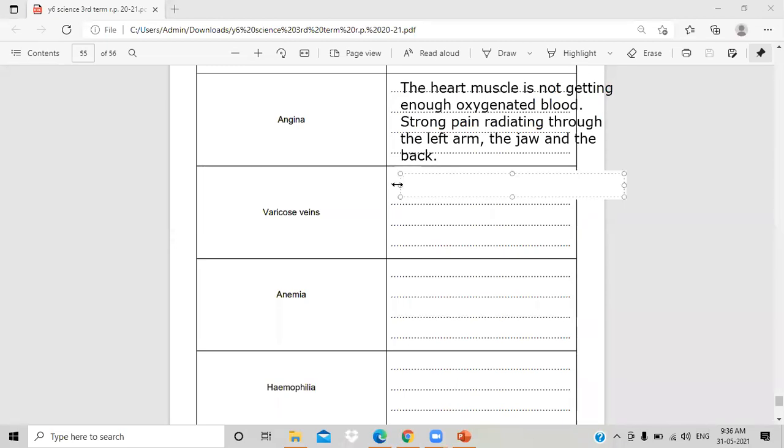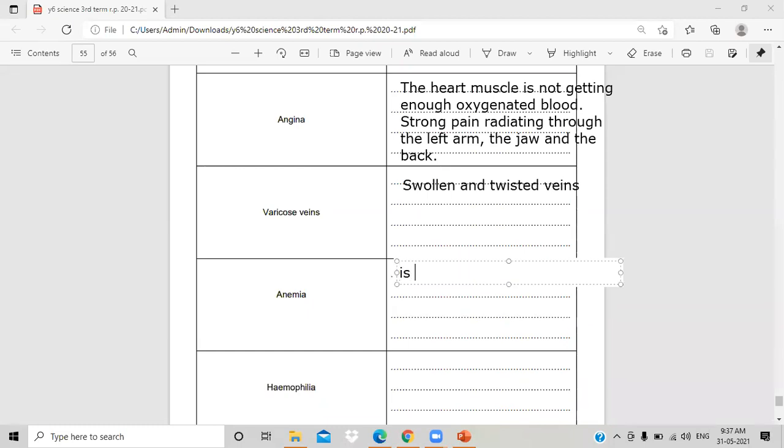The varicose veins, you will simply describe how they look. So you will write that they look swollen. They just want the features. So whatever you remember from this, swollen and twisted veins. By the way, varicose veins are very uncomfortable, and they cause uncomfortable pain all the time. People who have them couldn't stand for a long time.